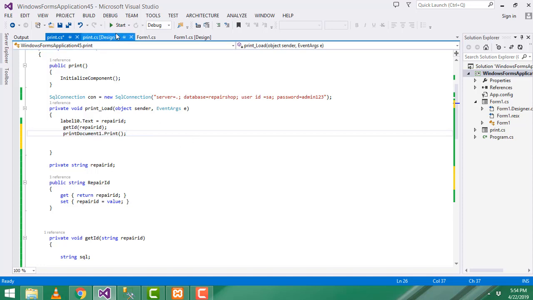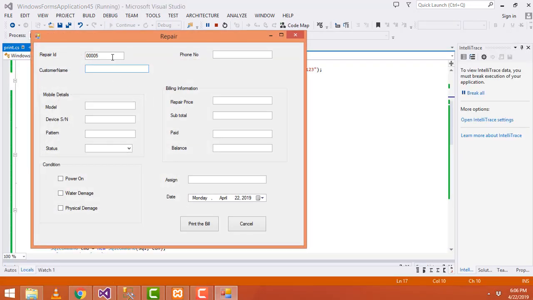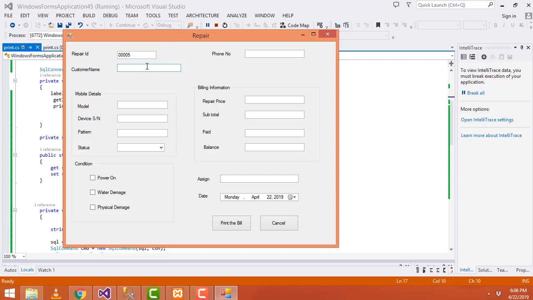So let's check whether it's working. Let's click start and check whether it's working fine or not. Now I'm going to enter the name as Sajeev, model number something, to add that SN number, pattern let's add as some red or something else. We add the model number like this, right. Now status pending. Phone number we enter like this. Repair price we have to give as